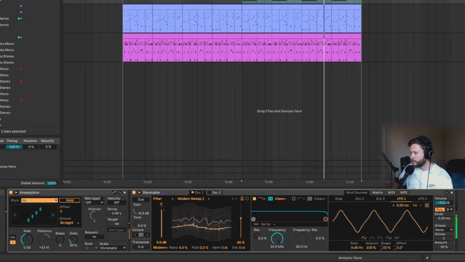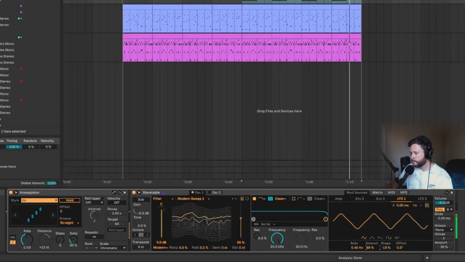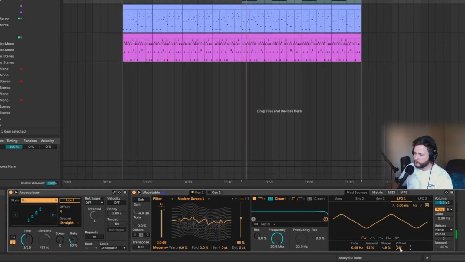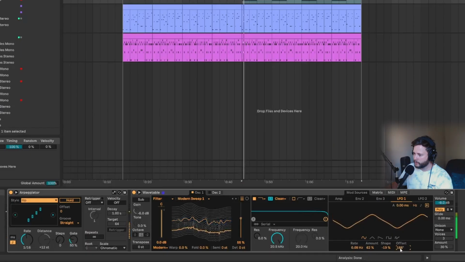Change the shape as well. Bring the amount down. I want to start at a different point as well, so maybe